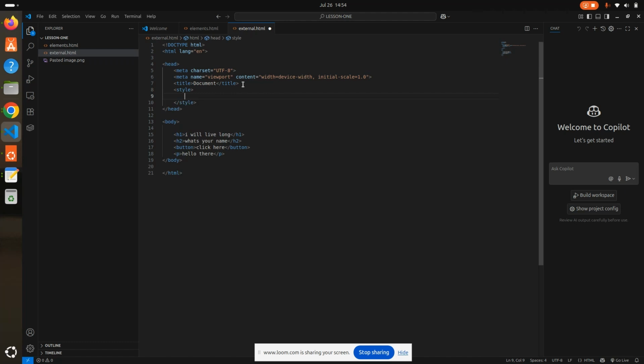How do we do internal styling? You first of all call the name of the element. So we are going to start by styling h1. You type h1, that's the first step. Put curly braces in front of h1 like that, enter. What do you want to style about h1? You want to change its color, maybe to blue. So you type color,